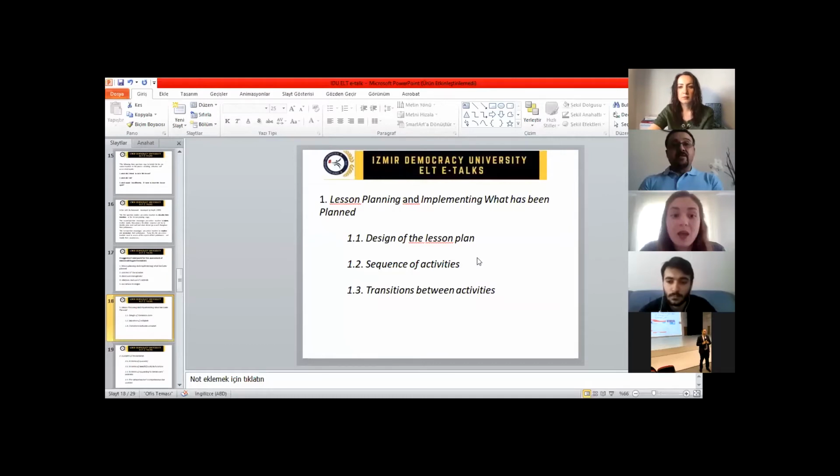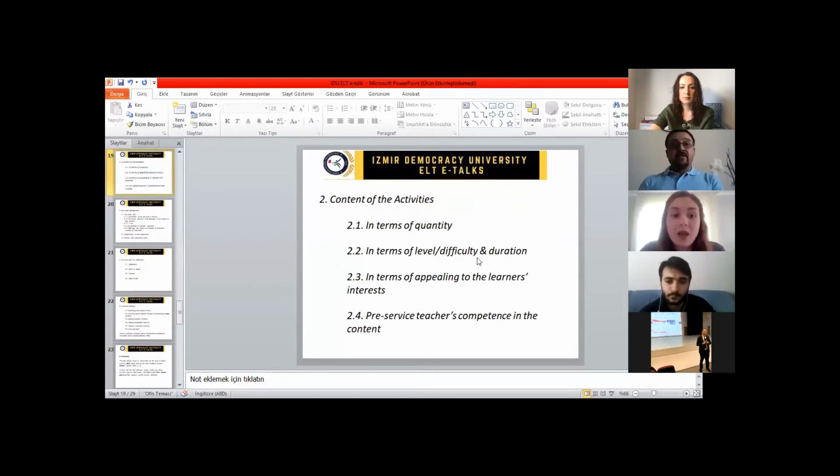In terms of the content of activities, the quantity of activities is important because sometimes students have a very small number of items in, for example, a fill in the blanks exercise. It's not good. They should decide on the correct amount of activities. In terms of the level, difficulty, and duration of activities, it's also very important because, yes, the students in the